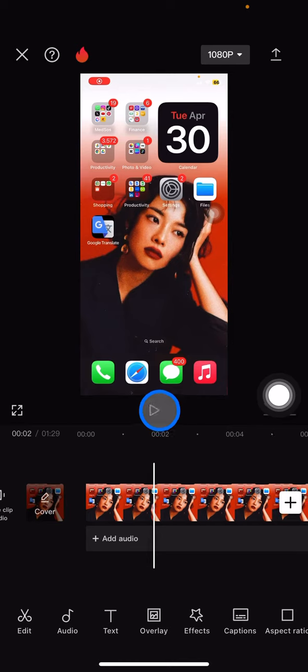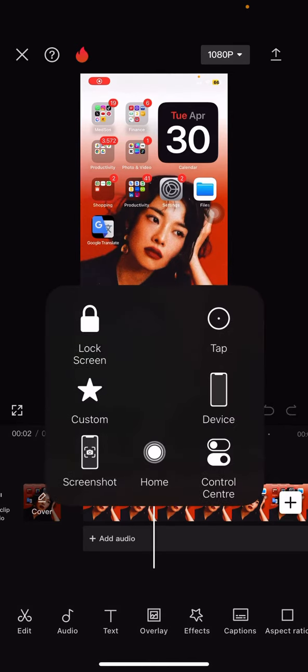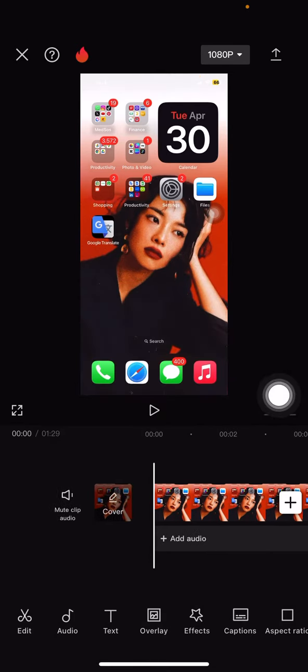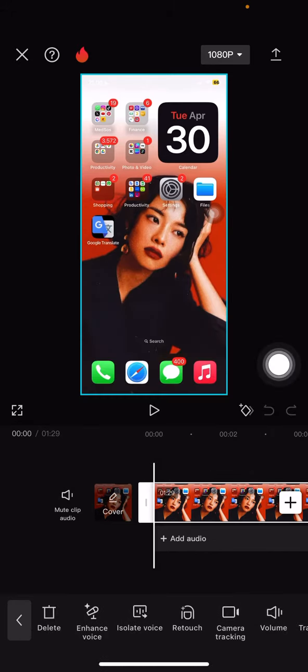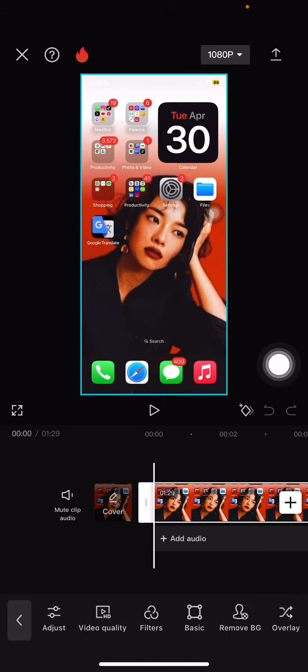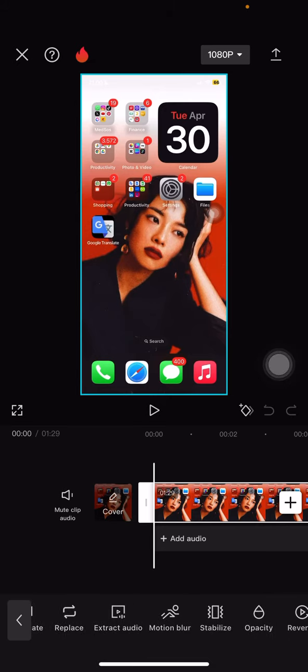Hello people, welcome. So that is the normal audio, guys, and the way you can change the pitch of this audio, you just need to click the video clip section and take a look at the bottom feature, slide the feature to the left side until you get the voice effects